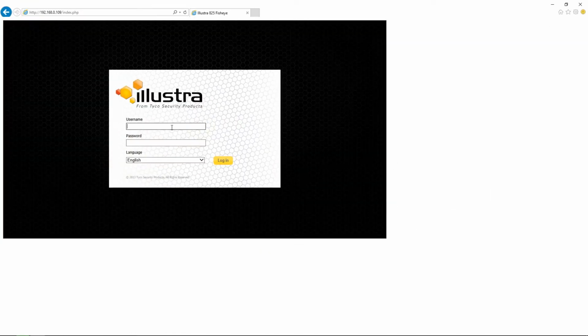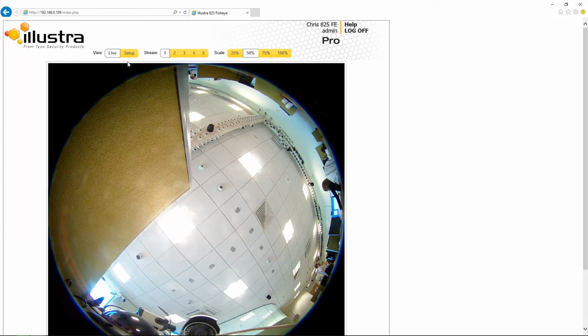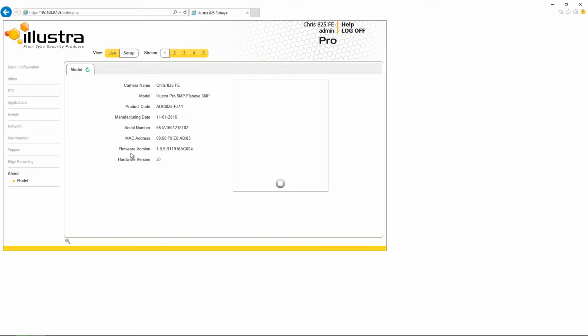Okay, so the first thing I'm going to do is just open up a web browser. I've navigated to the IP address of this camera and I'm just going to log in using an admin account. Once I've logged in, I'm going to choose Setup and then I'm going to choose Events from the menu on